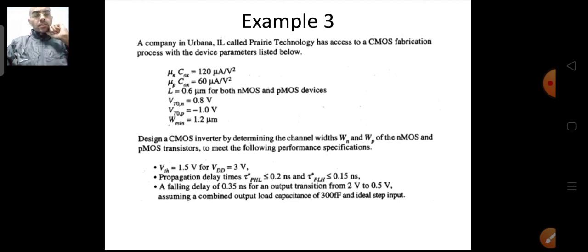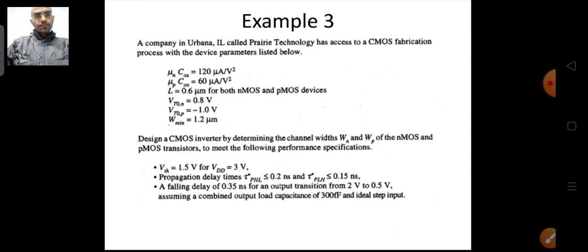Yesterday we have seen the numericals based on our delay calculations, that is, how to calculate the delay. In today's class we are going to see the third numerical, which we have not discussed in the last class. So we'll continue from there and finish that numerical. Thereafter we will see the remaining portion of this particular chapter, and we'll finish this chapter today itself.